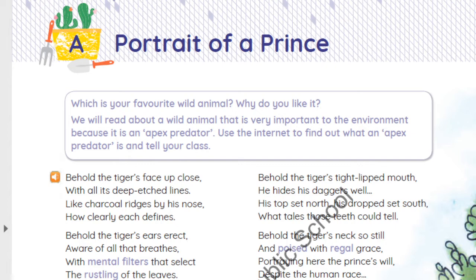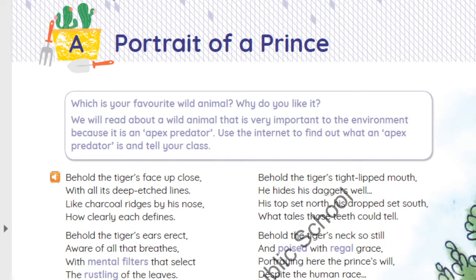The name of the chapter is Portrait of a Prince. In this poem, the writer is trying to portray the tiger as a prince. As we all know, the lion is called the king of the jungle. So here in this poem, we are going to learn a new thing: the tiger is portrayed like a prince, because the name of